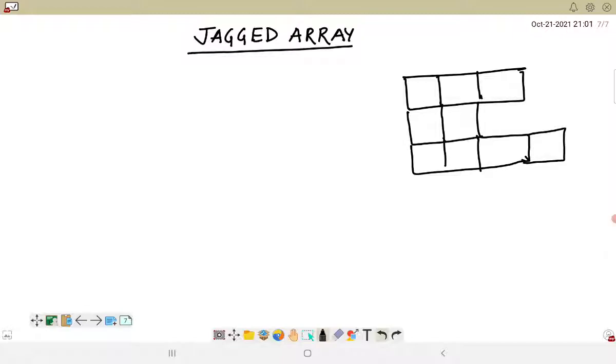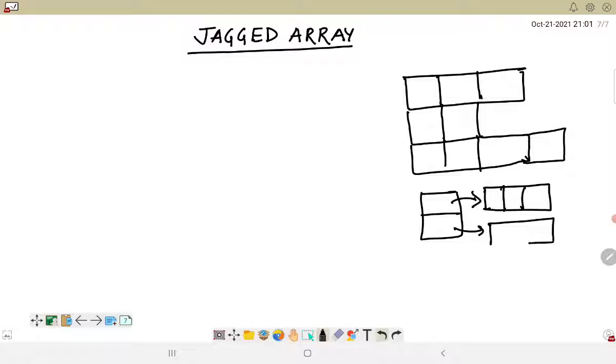This is also represented using an array of array concept, where suppose I am using two different rows for it. The first one is capable of holding the first row, and the second one is capable of holding the second row respectively. We will talk about this in detail in this video as well. When we are creating a jagged array, essentially we first have to declare it.